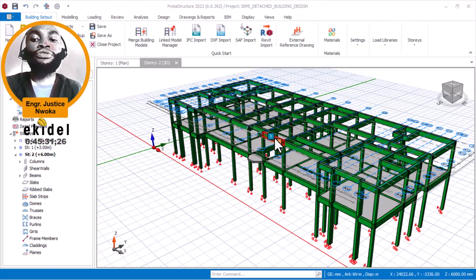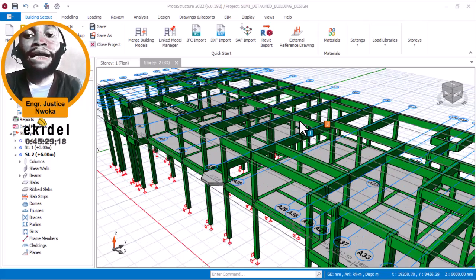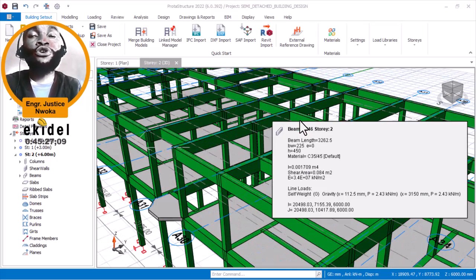Now, knowing that we have removed the slab depth, and knowing that what constitutes the beam depth of 450 is the